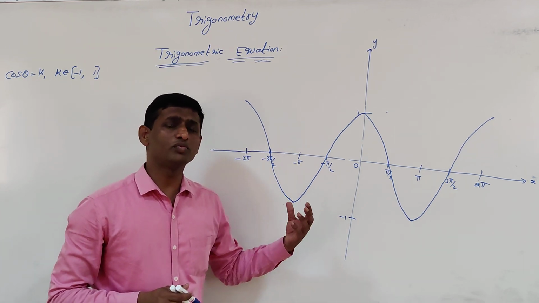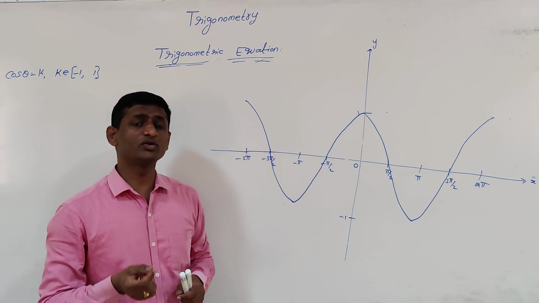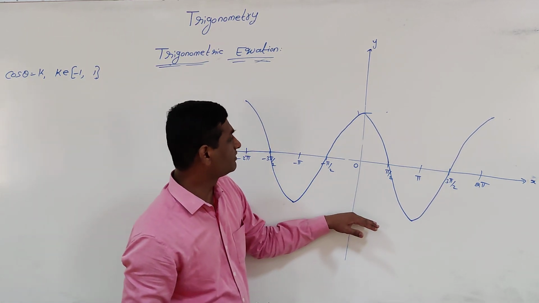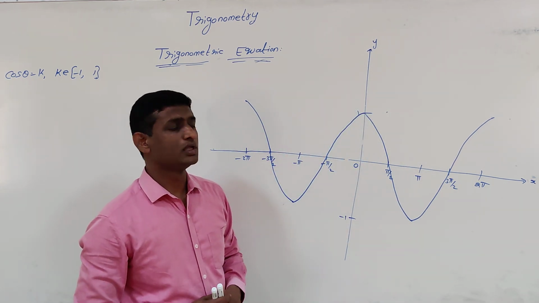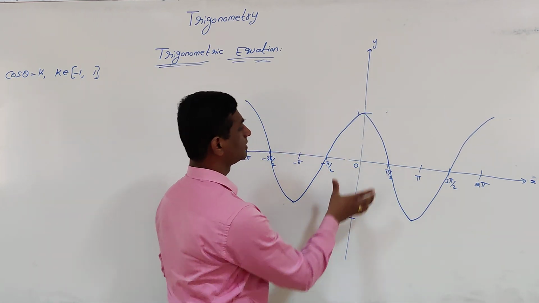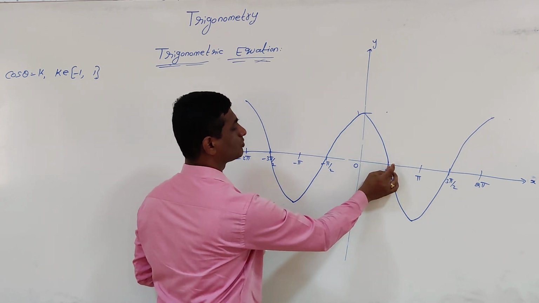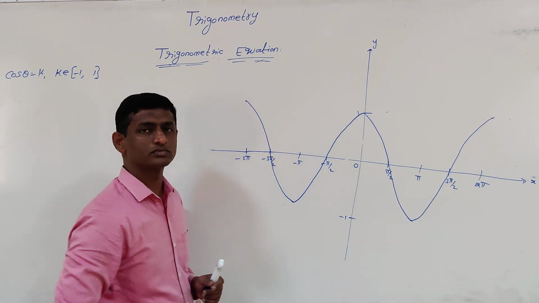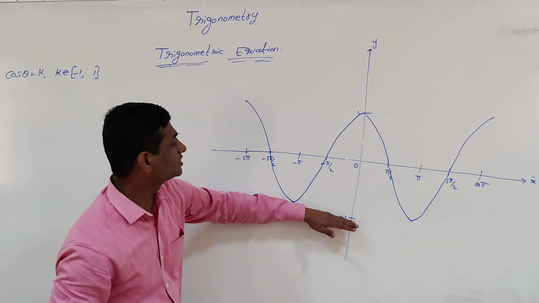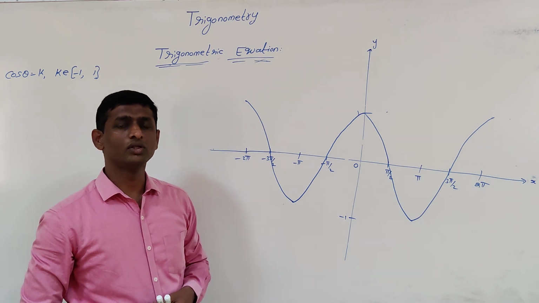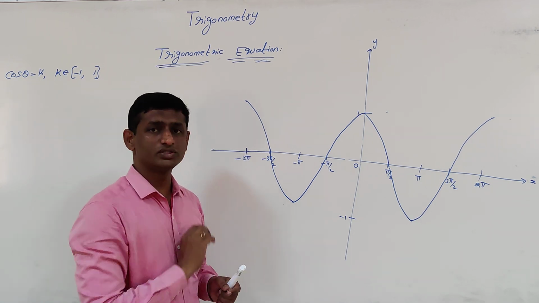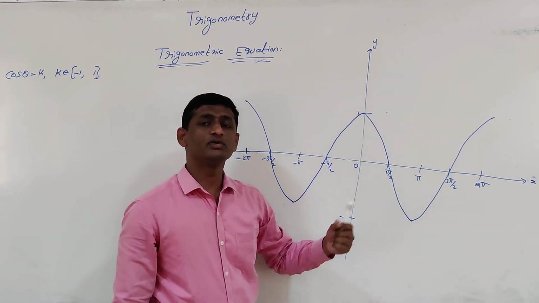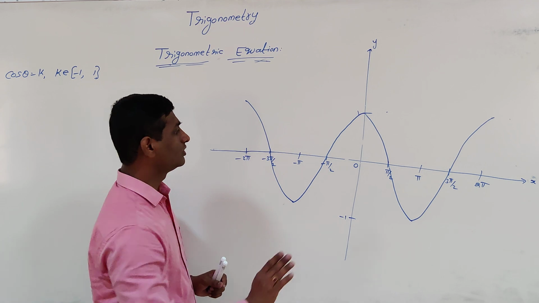But in order to become a bijective function, we have to restrict the domain in such a way that all the values between -1 to +1 are covered. If I consider minus pi by 2 to pi by 2, whatever the values from 0 to pi by 2 will have the same values in minus pi by 2 to 0, but we can't get the values from -1 to 0. So cos theta is positive in 0 to pi by 2, and from pi by 2 to pi it will have negative values.